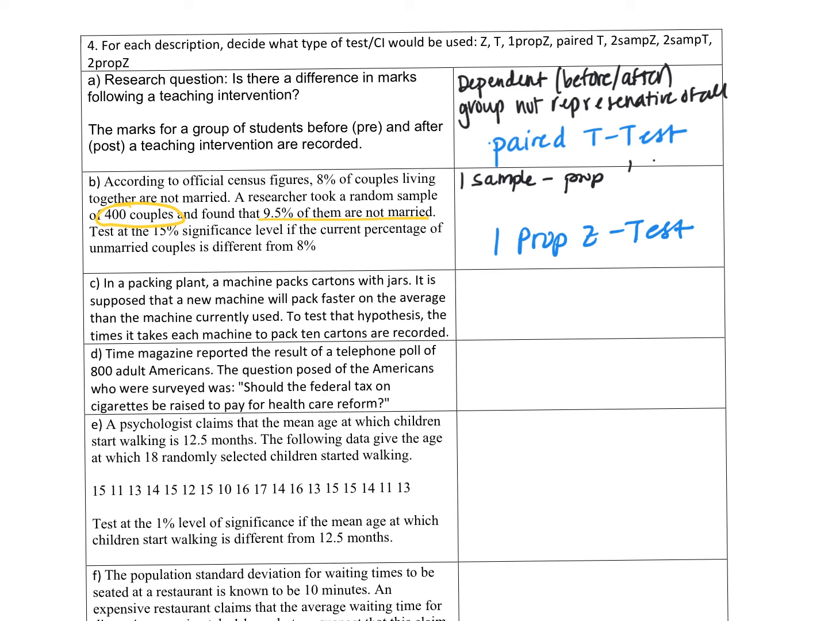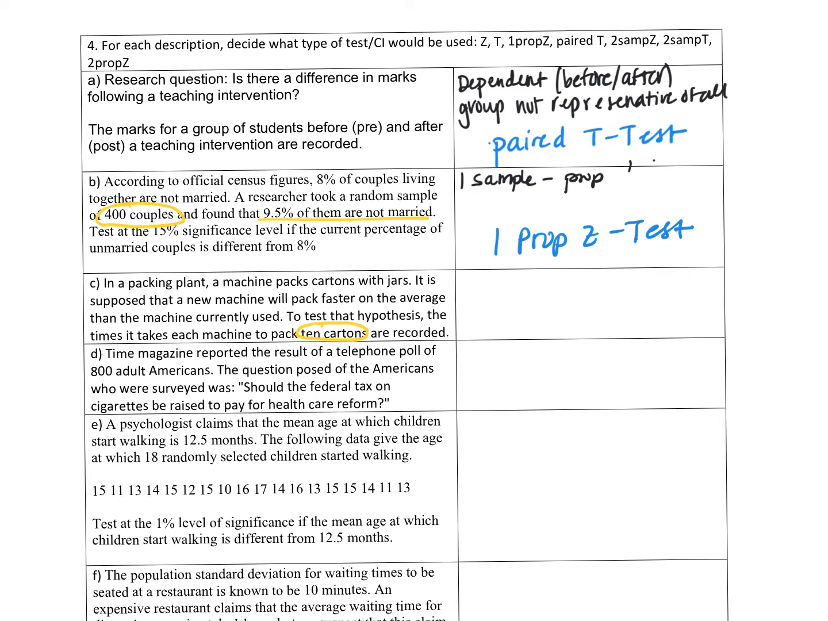C, in a packing plant, a machine packs cartons with jars. It is supposed that a new machine will pack faster on the average than the machine currently used. To test that hypothesis, the time it takes each machine to pack 10 cartons are recorded. Yeah, so we're gonna have two samples here, okay? Two samples of 10,